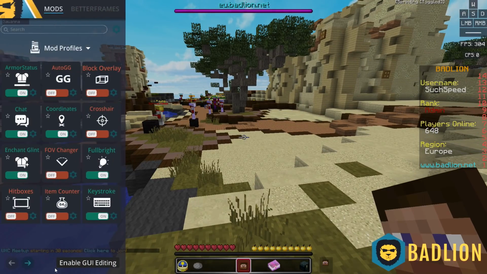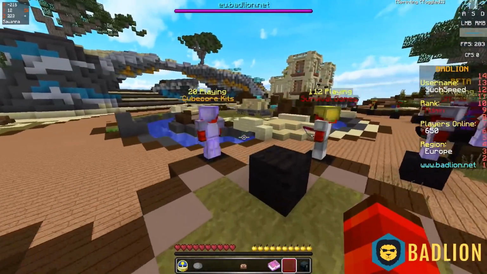There is a lot more mod selection. There is definitely a lot more mods. As you can see, they've definitely focused on doing that as well. In general, I find the Badlion client packed with more stuff, obviously, and I would say Cheatbreaker got the better